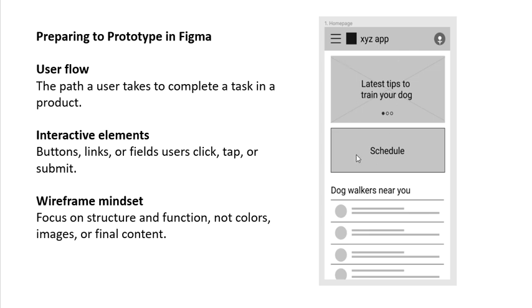Let's look at the figures of the home page. The title bar gives the logo and the application name, and the main offer is in the hero content, and the schedule gives a list of all the avatars, the dog walkers near you,